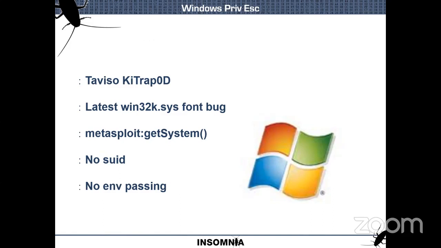However, on a fully patched box, you won't be finding any SUID binaries, and the environment usually doesn't get passed through to any services or high privilege processes. So where does this leave us?